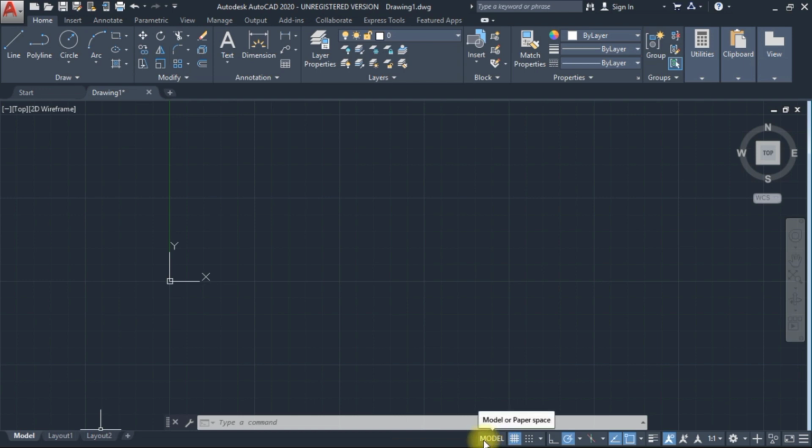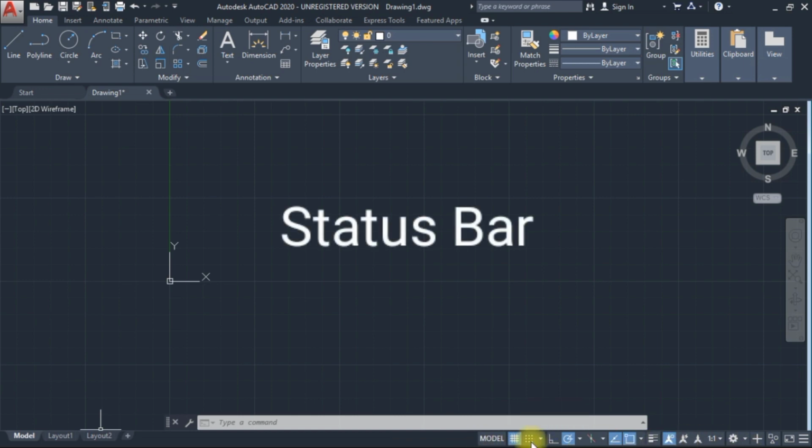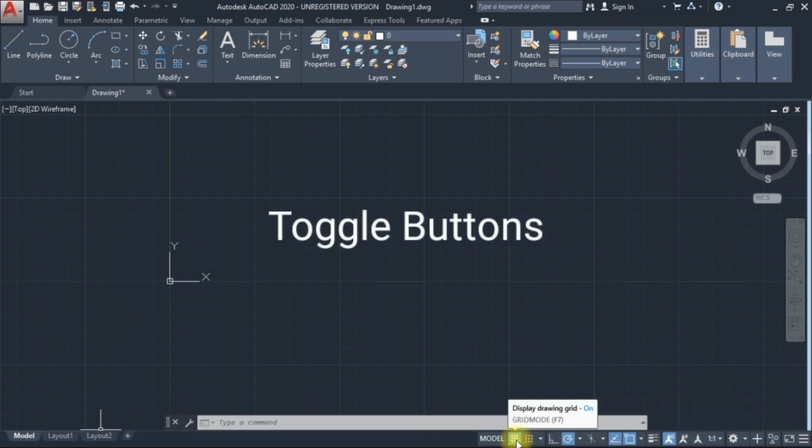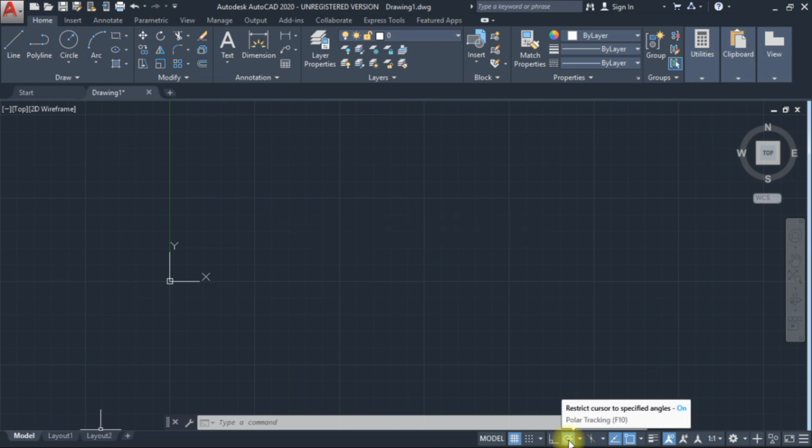This bar is called the status bar, which has many options and buttons, and these buttons we call toggle buttons. These are some important modes: drawing grid, object snap, object snapping, tracking, polar tracking.